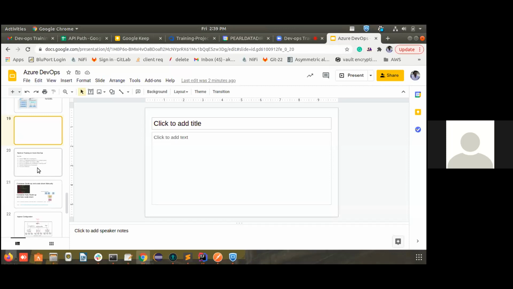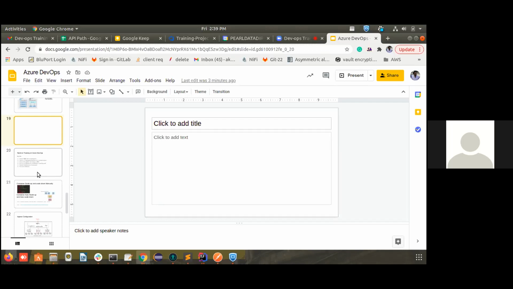Team, I think you are safe and you are doing well. Most of us are working from home, so we have created about 10 groups, and we have chosen one team leader for each group. That team leader will have the access to Azure DevOps. I have already shared the details of the team and team members with you.